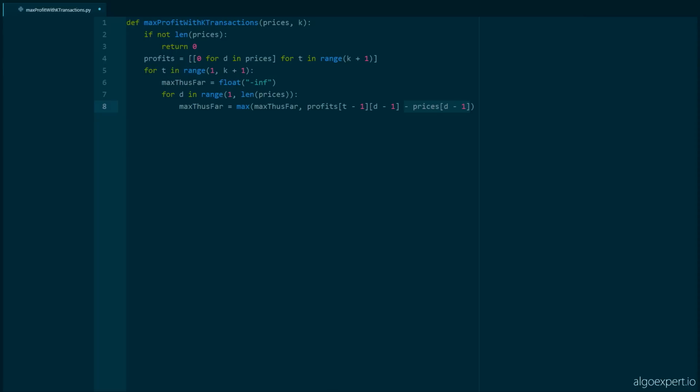That's why we do minus prices d minus 1, plus the profit that we had on that day d minus 1, with one transaction less than what we're currently at. Profits of t minus 1, d minus 1, minus buying the stock. And once we have this max thus far updated here, well, then we can just say profits at t and